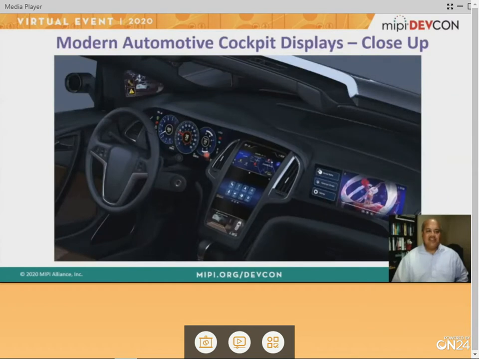This illustration contains multiple displays that will be found in next generation vehicles. The driver instrument cluster display is larger, brighter, and higher resolution than current displays. It can be customized based on driver preference or upgraded with over-the-air features enabled by the trend for advanced connectivity. The center information display contains navigation information and can be upgraded over the air with new features and applications as